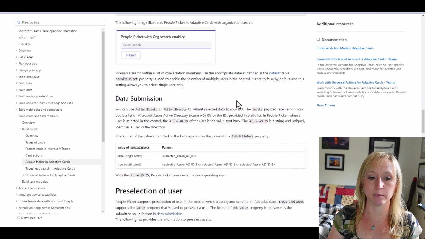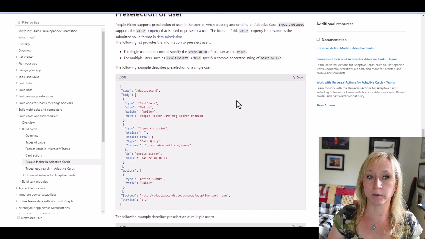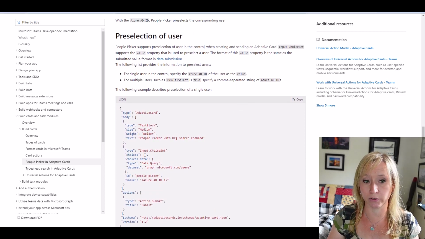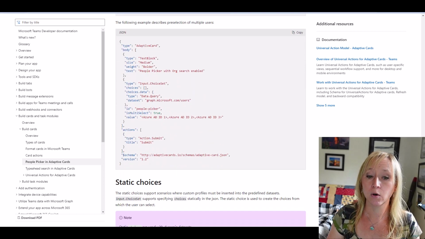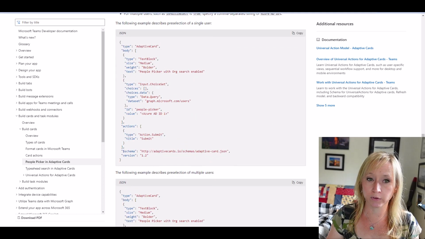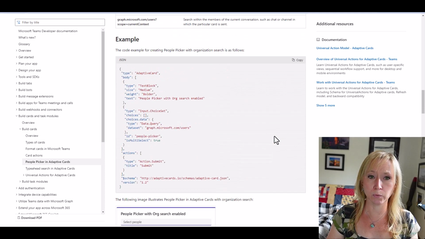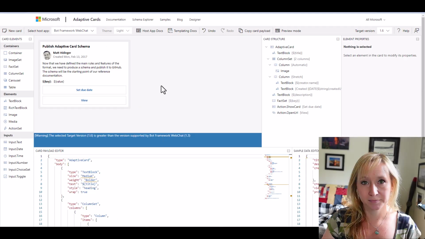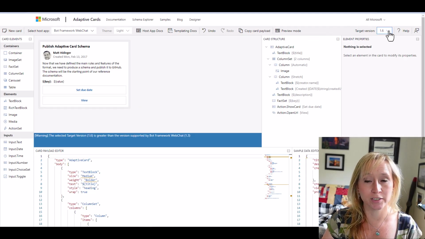If we scroll down some more, we can create a people picker with pre-selection of users, so you have people already in the field. Or if we scroll down more, we can have a people picker with static choices. For this use case, we're just going to use the example of a static people picker. So we grab the code, we go back to Designer, and in Designer, we make sure to change the target